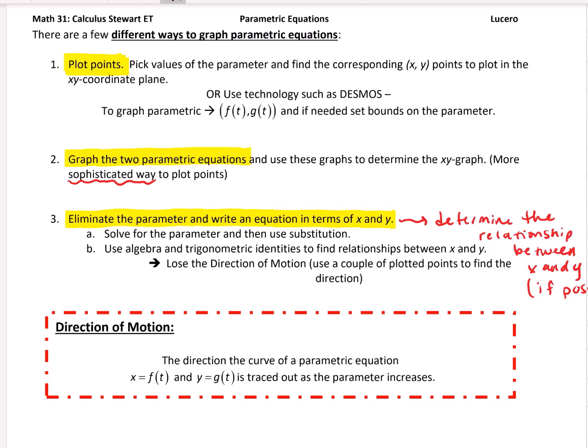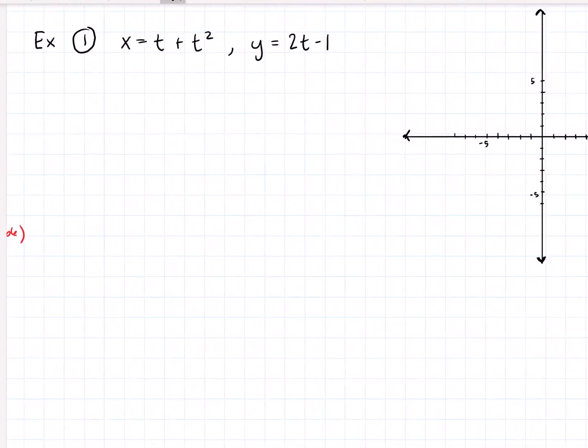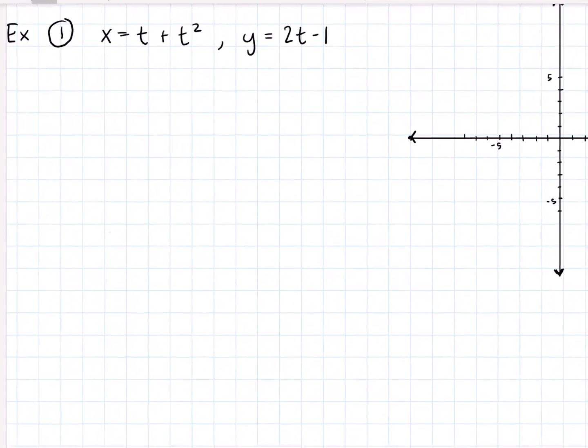So the direction of the curve is traced out by the ordered pairs as the parameter t increases. All right, so we're going to explore all 3 of those options, but I just wanted to talk about how those are 3 ways to graph parametric equations. So we'll start with the